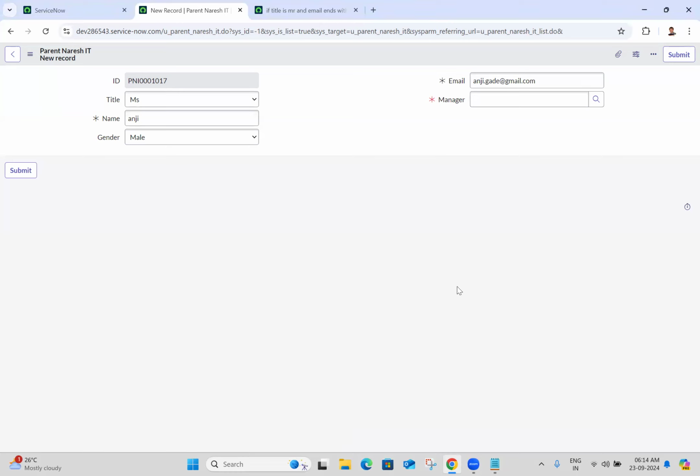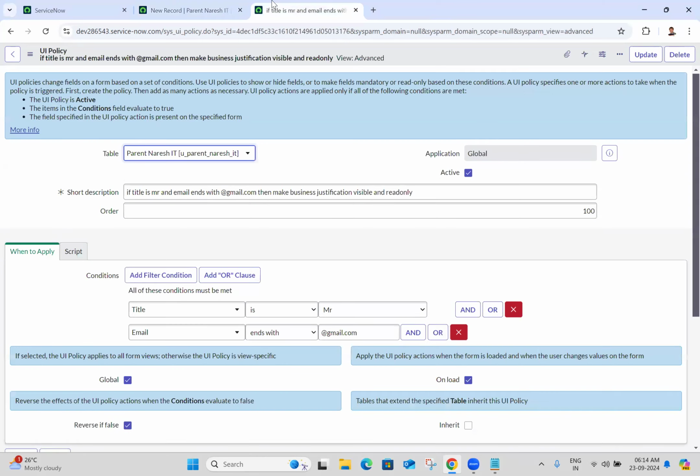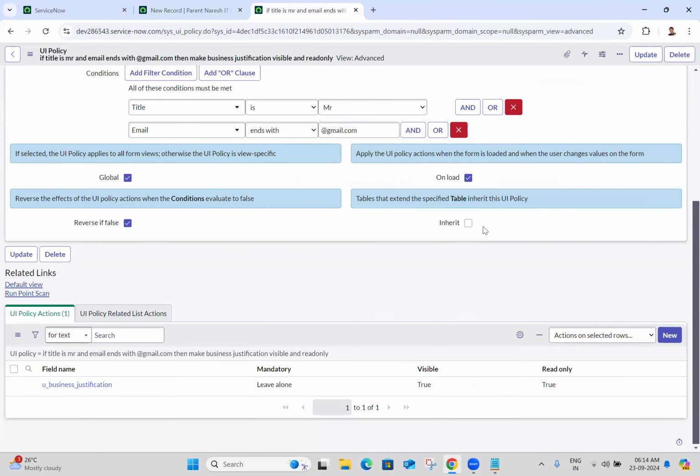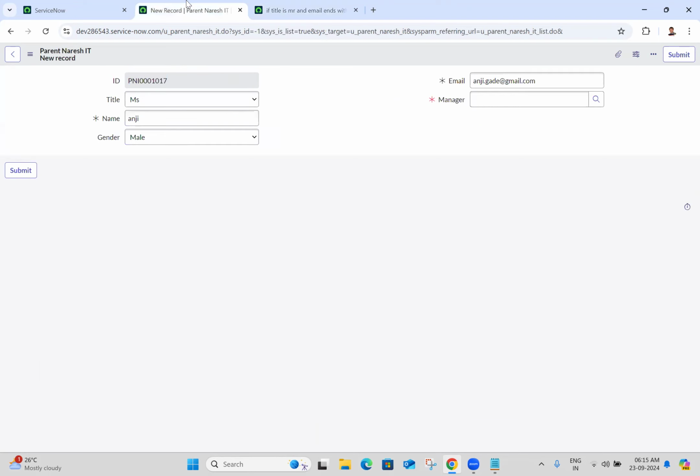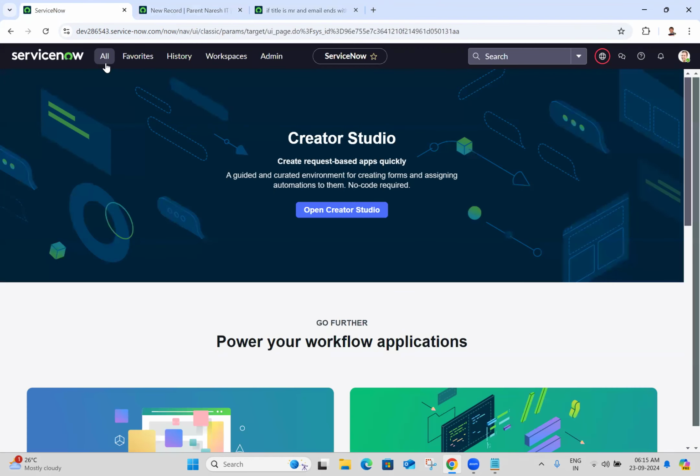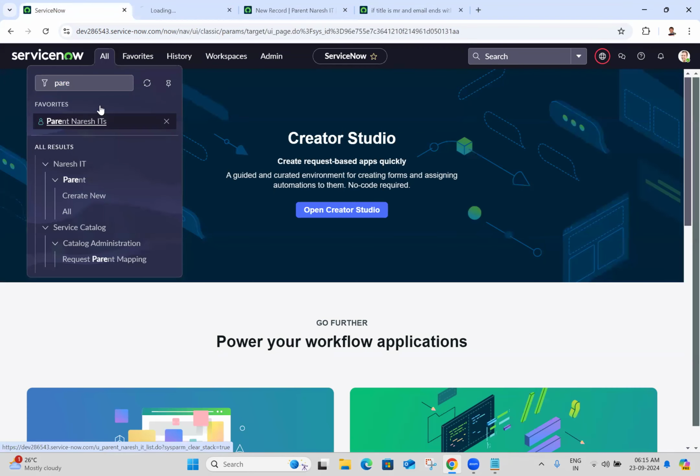So next, in yesterday's class, we discussed the onload option and reverse if false. Now we are going to discuss this global option. Before going into the global option, we will check whether the parent array schedule table has any